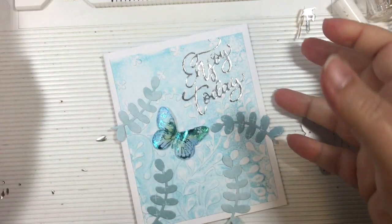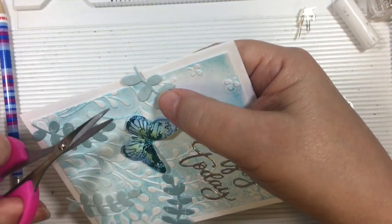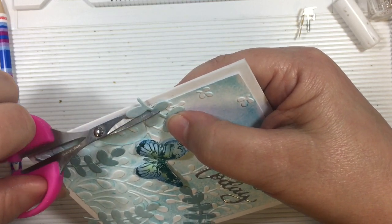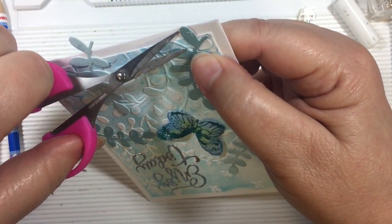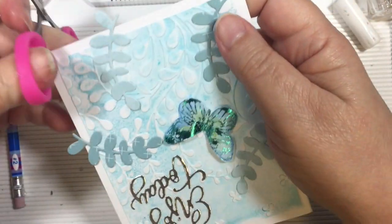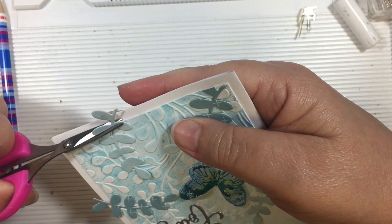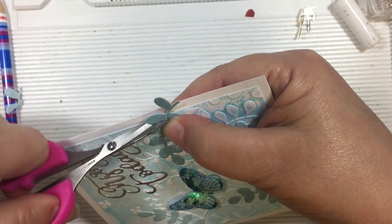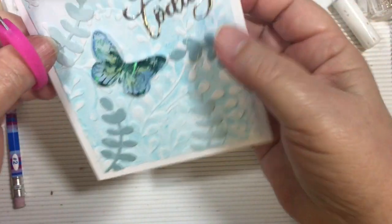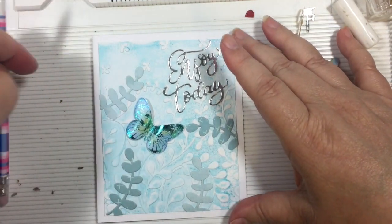Great. All right. So to finish things off, I'm going to cut off the excess leaves and I've decided I'm going to go right along here. So anything that's hanging over is going to get cut off. There we go. And the last thing we need is to mark